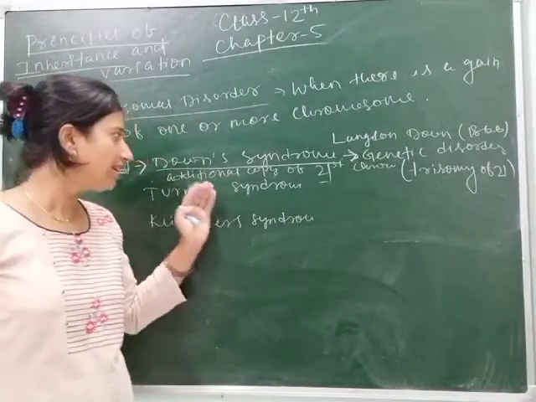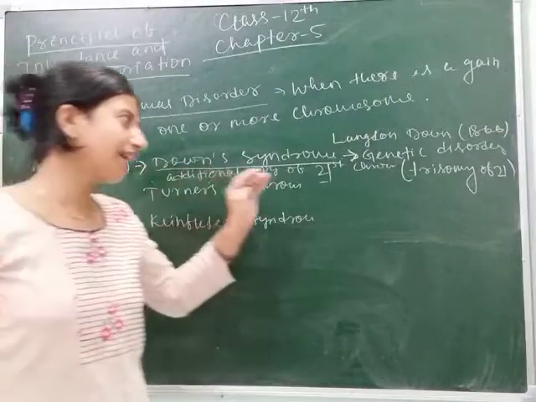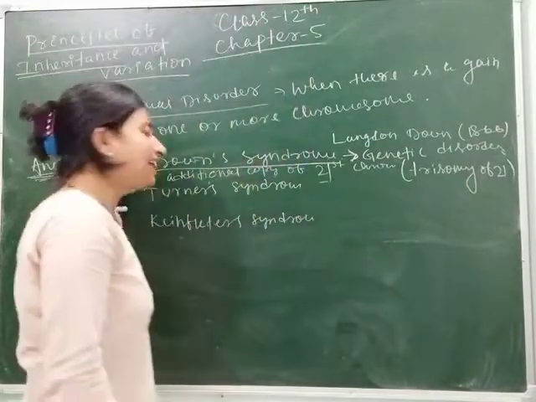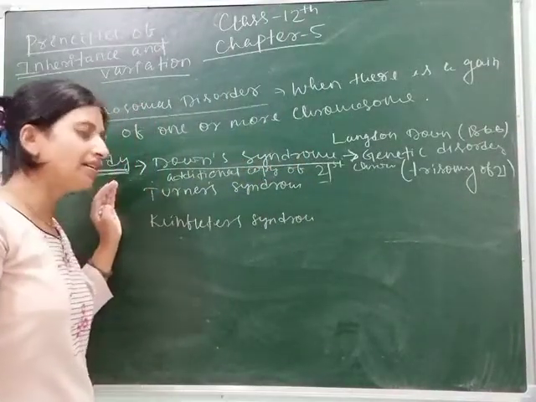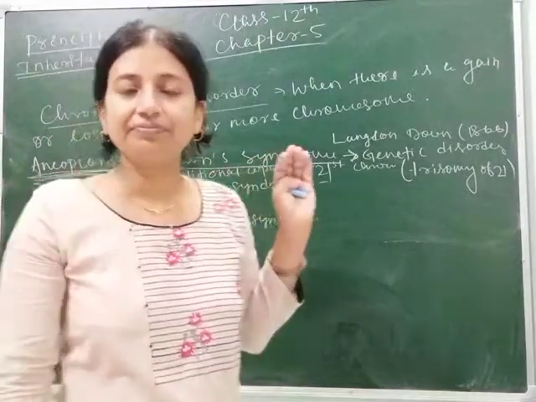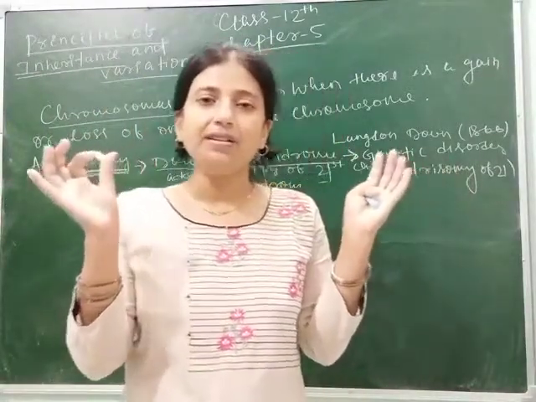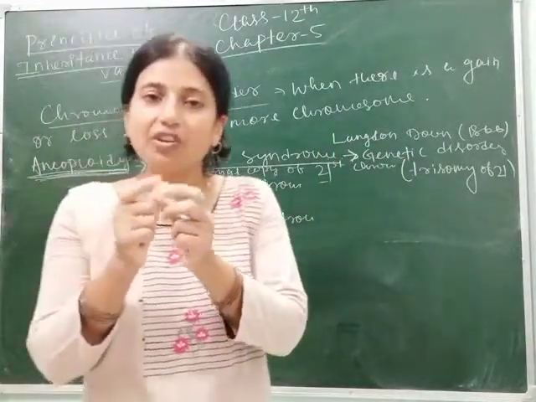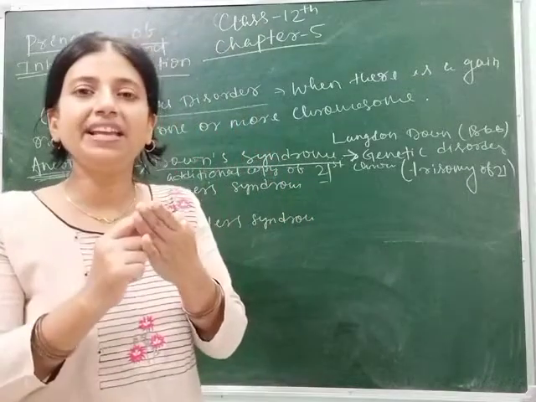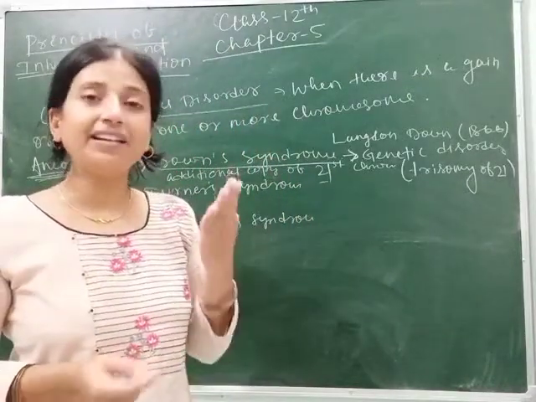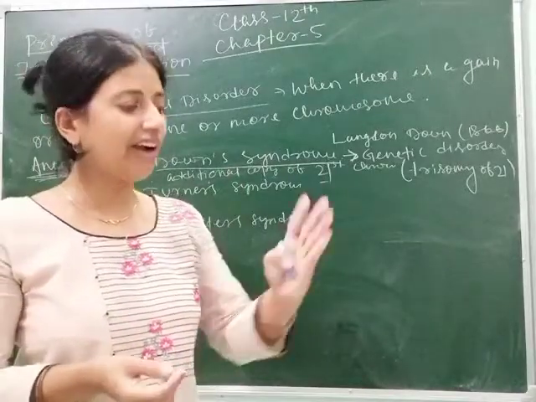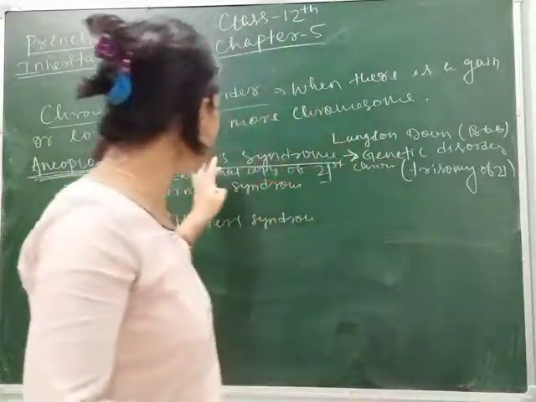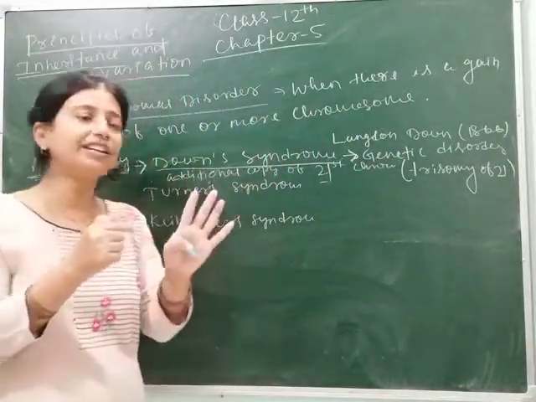So on the basis of his name, he gave this as Down syndrome. This is a genetic disorder, and it is called trisomy because an extra copy of the 21st chromosome occurs. The child born with this disorder has mental retardation, a large head, and a large, curved tongue, bifurcated like a snake. They have many lines on the finger digits, like we have 1, 2, 3, but in this disorder you can see many lines on their finger digits.